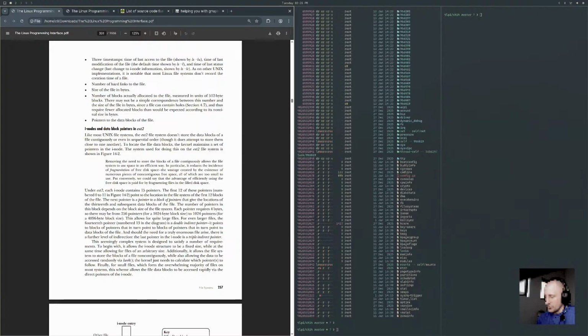As on other Unix implementations, it is notable that most Linux file systems don't record the creation time of a file.